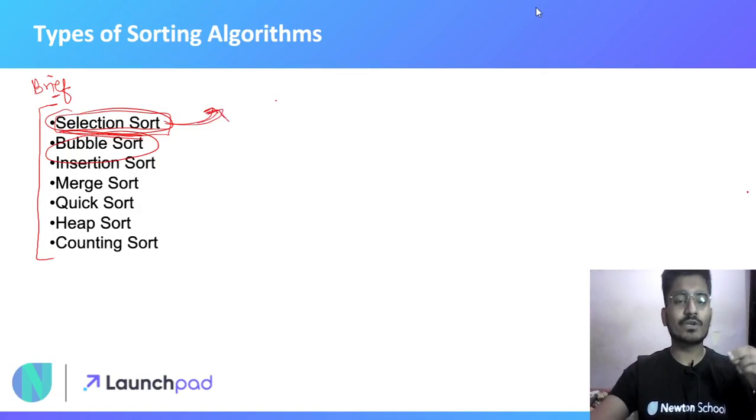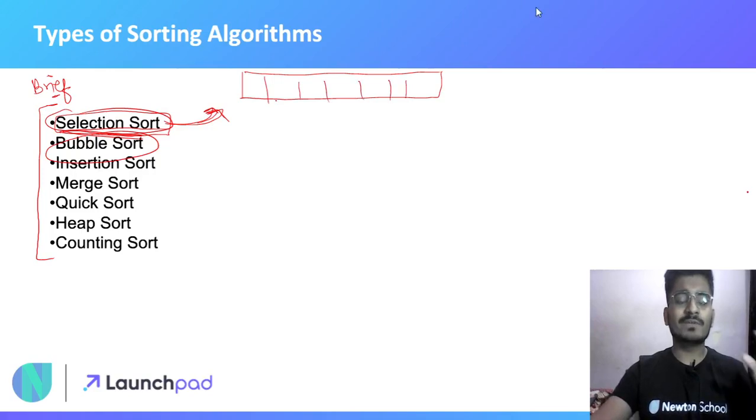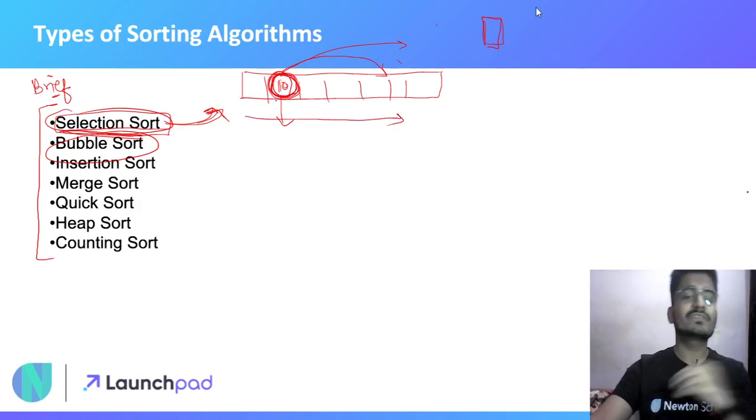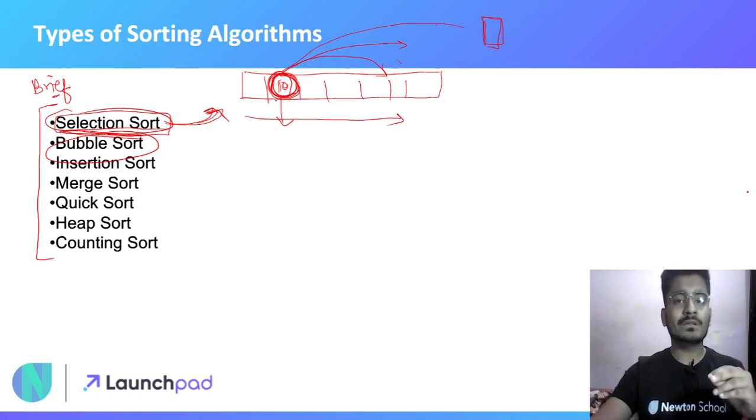In selection sort, suppose we have a container and we have elements in random order. What we do is we select a particular element which is not sorted right now, and we place this element in its correct position. Suppose this is element 10, and in the sorted array it is supposed to be placed at the last of this container. So in one complete iteration, we will swap this element with different elements and we will place it at the last of the array.